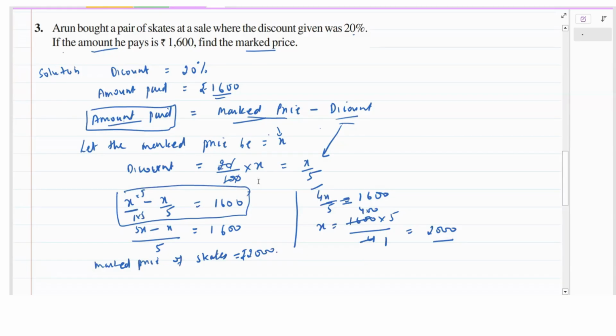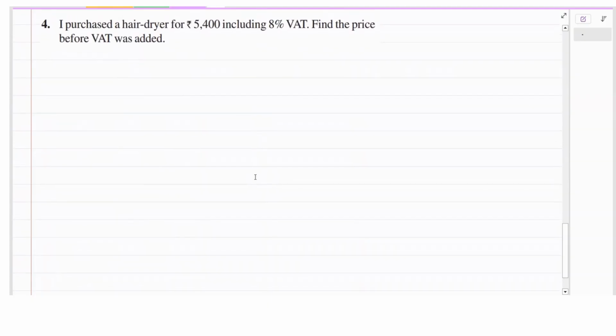Let's move to the fourth question. Here, it says I purchased a hair dryer for this much, including 8% of VAT. Find the price before VAT was added. We know as it is a tax, VAT is nothing but value added tax. As VAT is added means the amount is more. So here they are asking how much the original price was. So let the price be